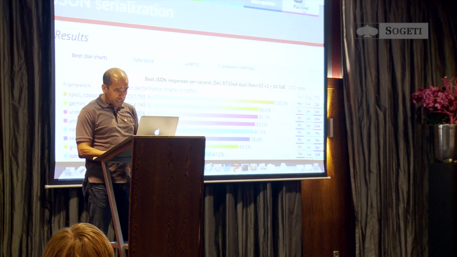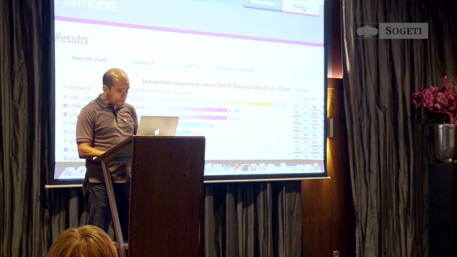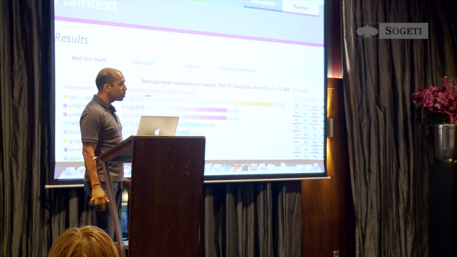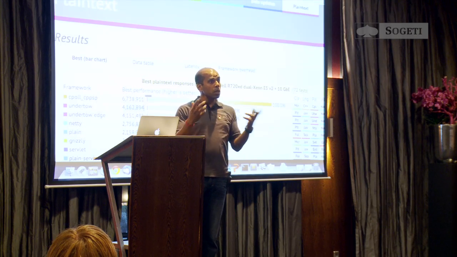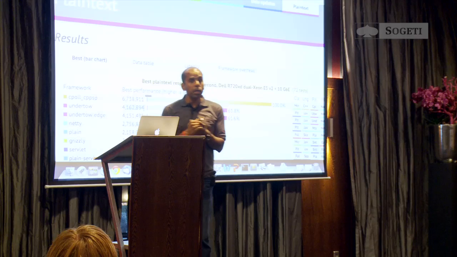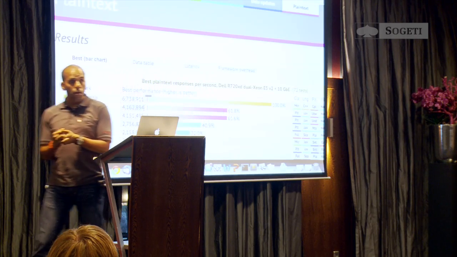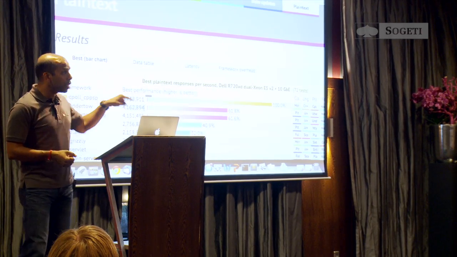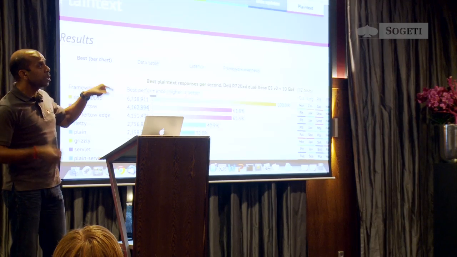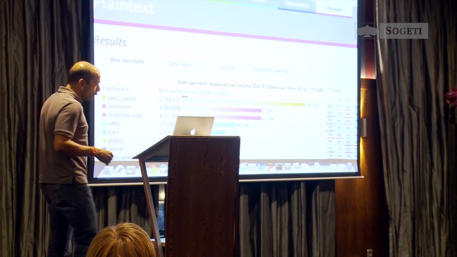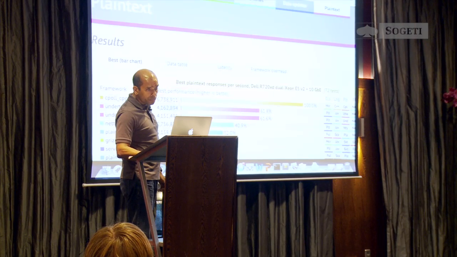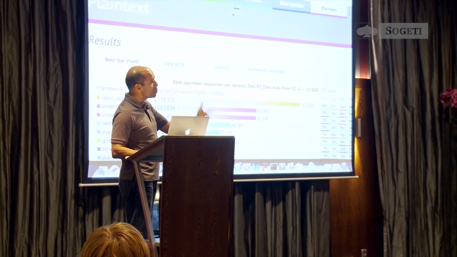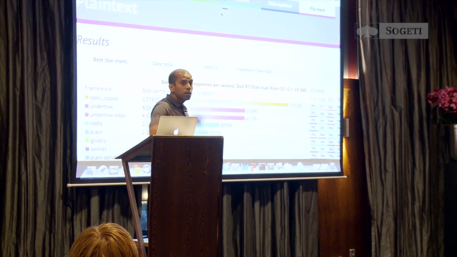If you look at plain text, plain text is actually 4 million plus request responses per second, because JSON serialization takes its toll. So this gives you an idea of how many concurrent connections we are looking at if you're doing JSON serialization, and these are HTTP, by the way. With WebSockets, the numbers are going to be higher. I'm hoping that in round 10 or a subsequent round, they can add a WebSocket benchmark, not just data updates and all these things, because that would be very relevant.